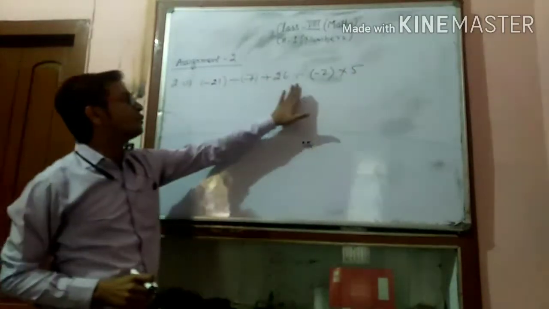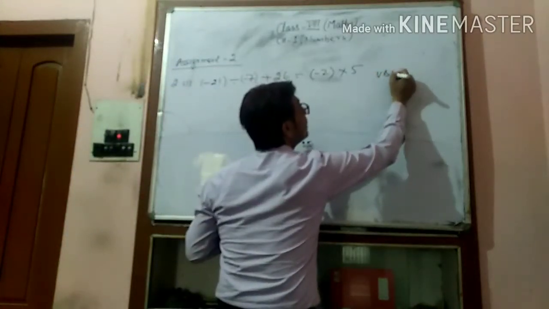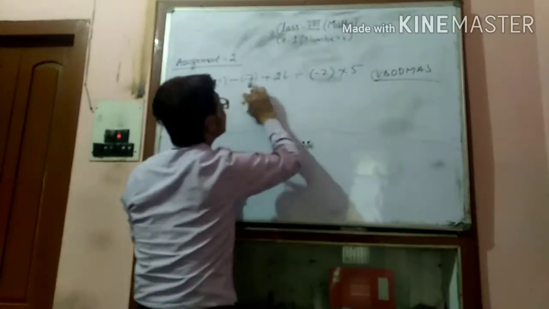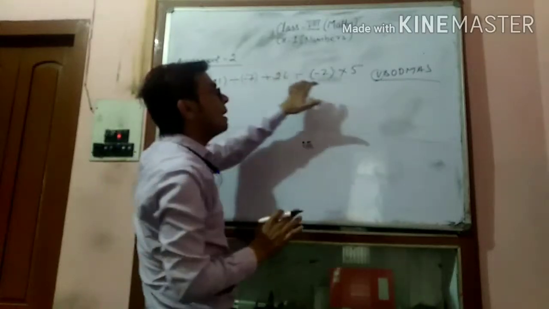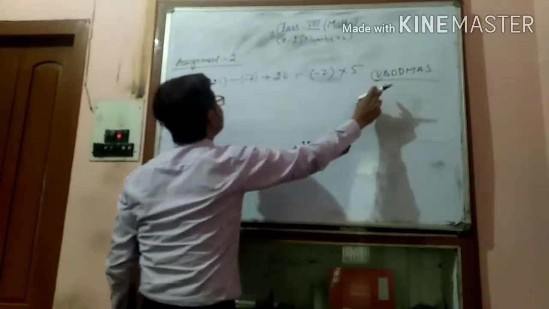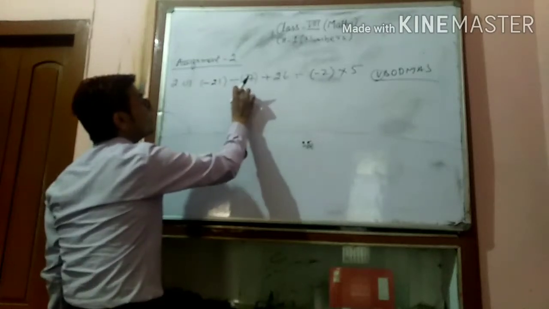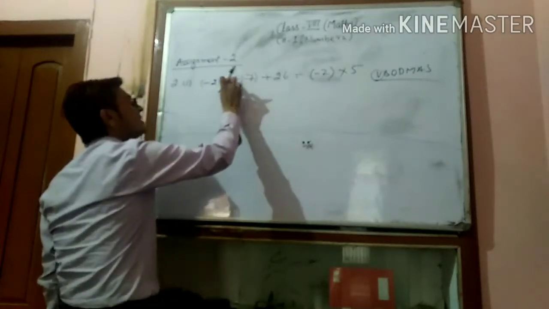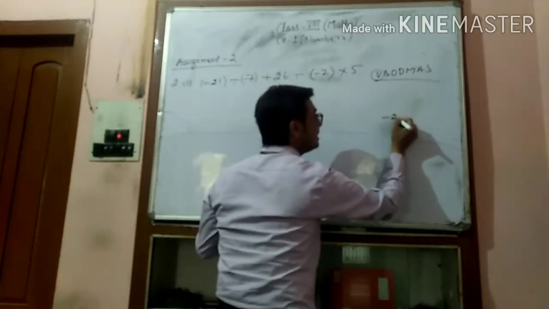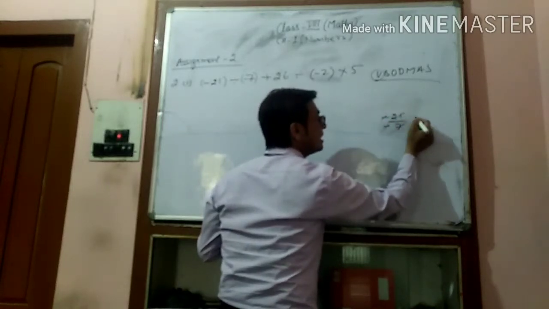See, this is the question. First of all, according to BODMAS, there is no line bracket or bar bracket. So after that, open the bracket first, which means first of all divide both. Minus 21 divided by minus 7: when we cancel out in division, the minus cancels out, and 7 3s are 21.